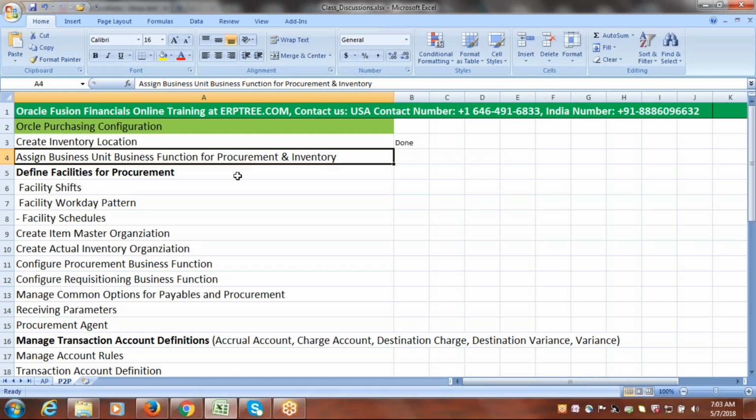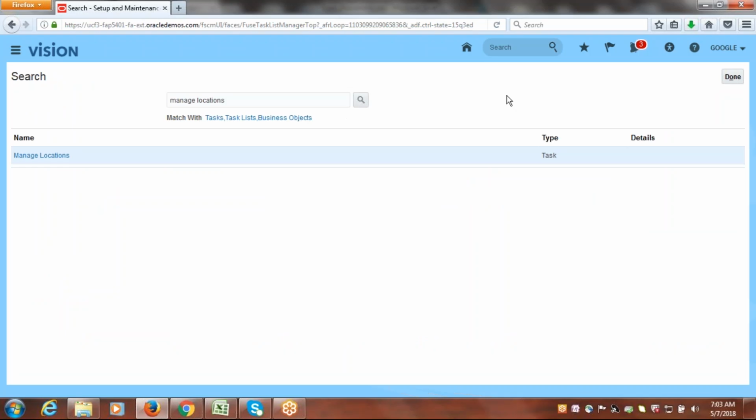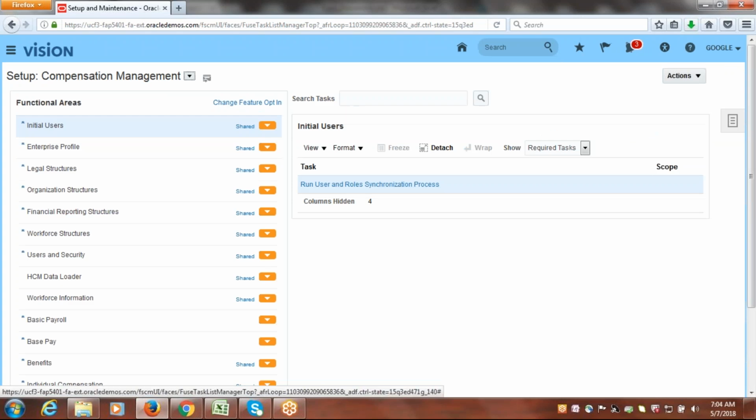So now we'll go and assign business unit business functions for our BU. Basically, that task we completed as a part of payables configuration, but at that time the focus was on payables. Now we are going to do the configuration for inventory and purchasing. So we have to make sure that for inventory and purchasing or procurement, the business functions are assigned. To perform the task, you can go to the project,